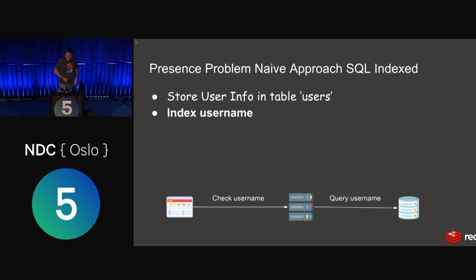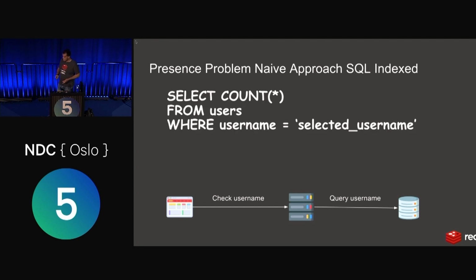So now let's try to tweak this a little bit. Let's try to make it a little bit faster, right? So you might have run into a case where, oh no, this is actually taking a while because we have to scan over all of our users. Well, the next thing you probably do is you would add an index on top of your users table, right? So you would just index that username within that users table, and then you query it again. All right, great. So you would run the same query, and then, of course, we run into an interesting problem,